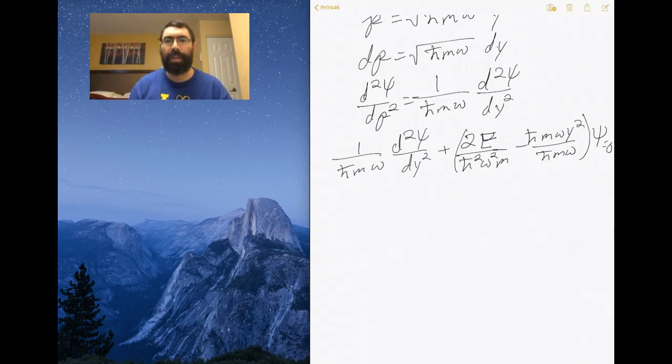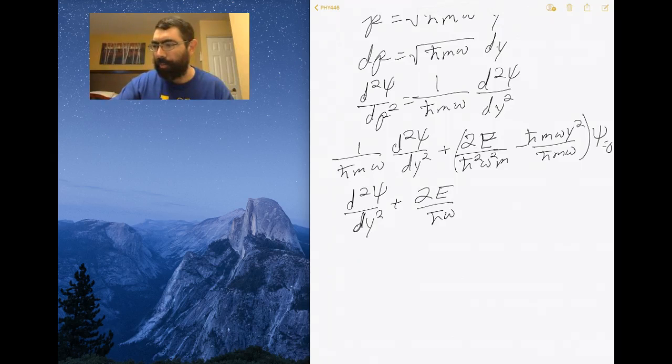So now I'm going to multiply h bar m omega on all terms, and I get the second derivative of the wave function plus 2 times the energy divided by h bar omega, minus y squared,